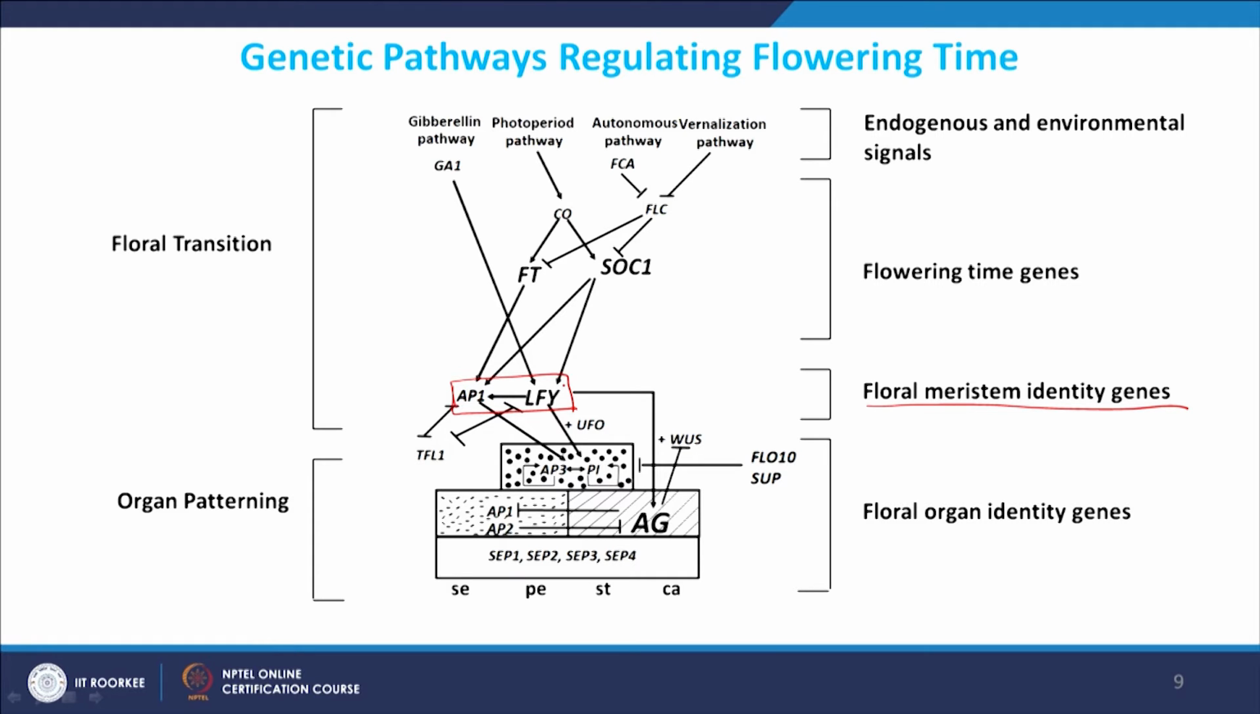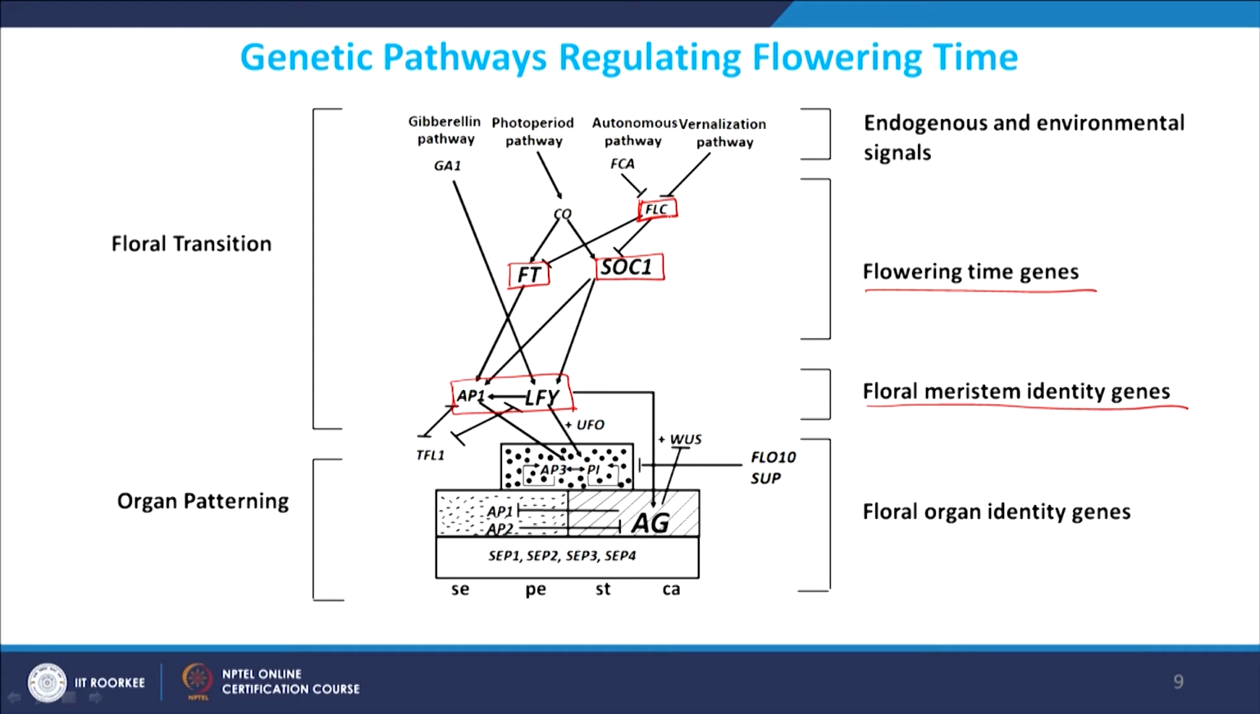The activity of LEAFY and AP1 is regulated by 2 other important genes. One is FT and the second is SOC1, and these genes are called flowering time genes. Both are positive regulators of AP1 and LEAFY. So, if you want to ensure flowering, FT and SOC1 have to be activated. But under normal or vegetative growth conditions, both of these genes are kept repressed by a repressor, which is FLC. FLC is a negative regulator of FT and SOC1, and when there is a proper signal,